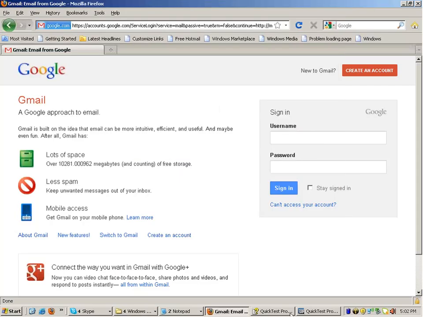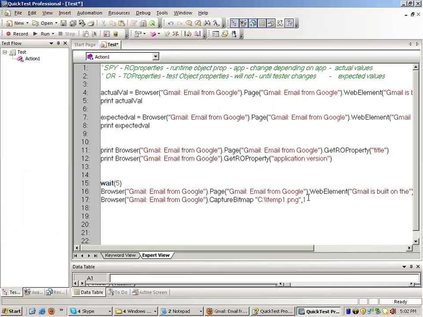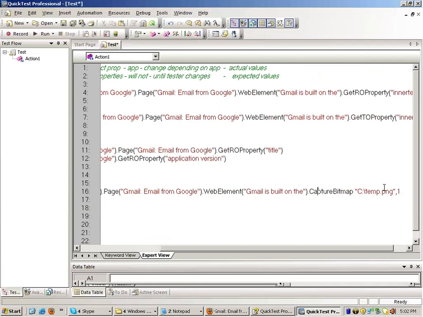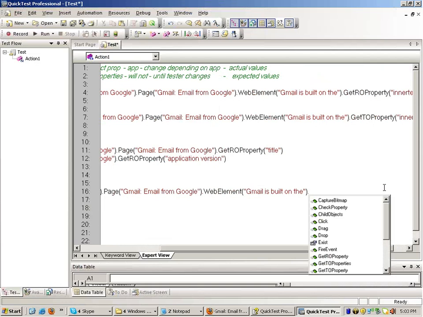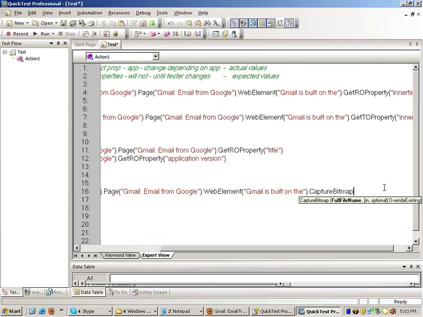Yeah, I think it's fine now, right? So what I mean to say is that if I write browser.page.webElement, okay, in front of webElement, if I give this function dot capture bitmap, fine, and I give the name of the file, that is C colon,